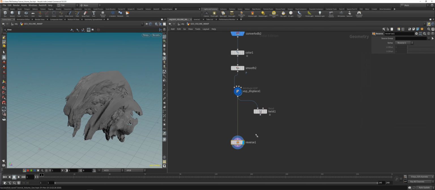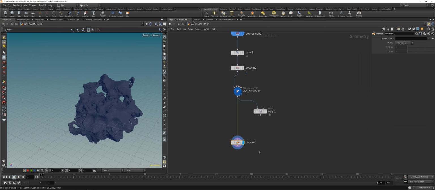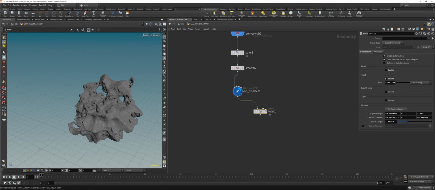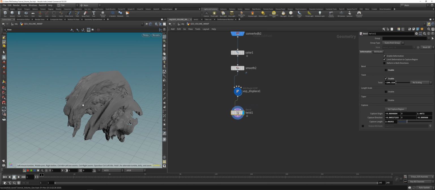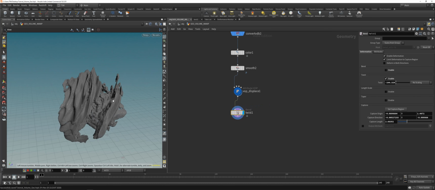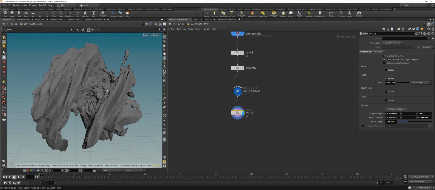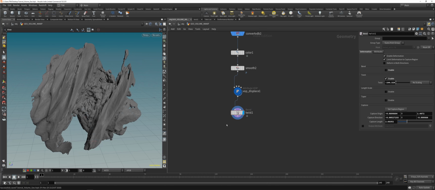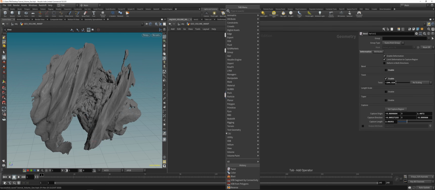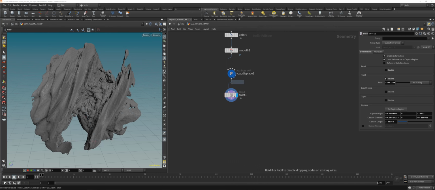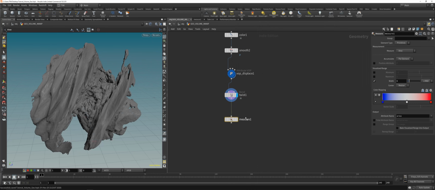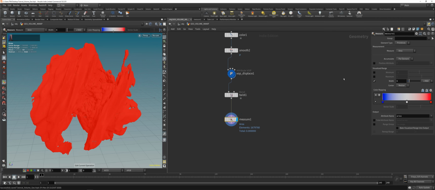I think now we don't need to use the reverse. Yes, we can delete the reverse. What we can do, for example, is calculate the curvature. Let me just show you that. Place down a measure node. In the measure node we will go to our handle here. We will select curvature,